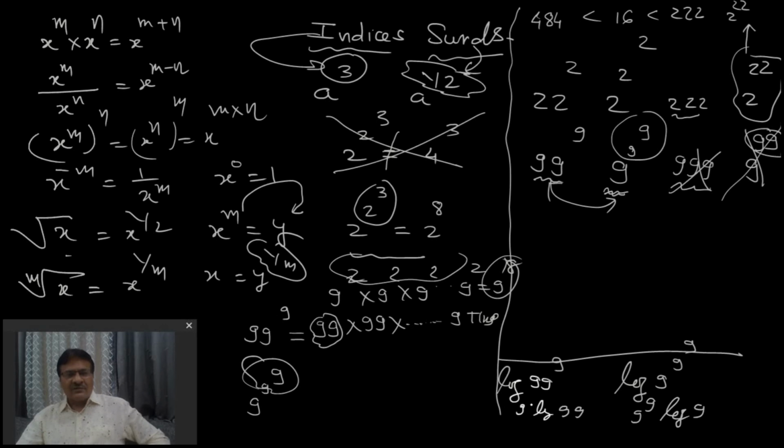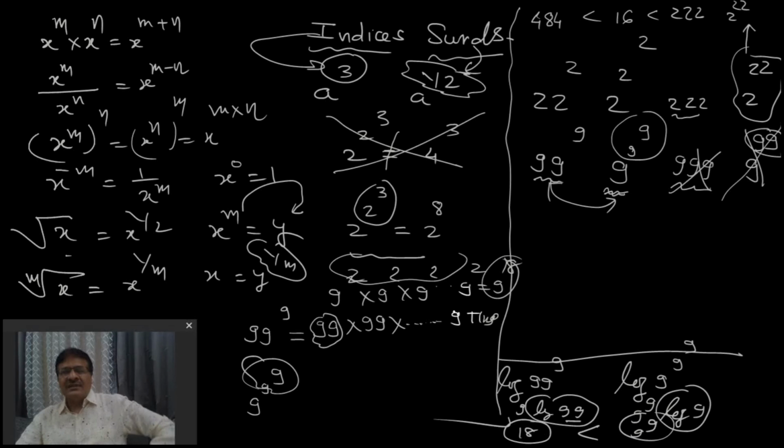Yes, no. Log 10, log 100 is 2, that I know. Log 99 is nearly 2, so 9 2s are nearly 18. Yes, no. Log 10 is 1, so log 9 is nearly 1, so 9 power 9 into nearly 1 is 9 power 9. So it is obviously a very big number, 9 power 9 in comparison to 18. So this is the biggest one, 9 power 9 power 9. It's very interesting to observe: the pattern in the two cases is the same, but here the greatest is this one.